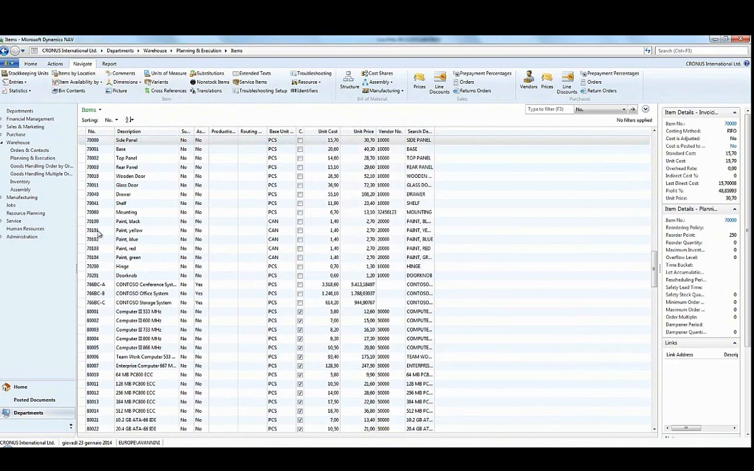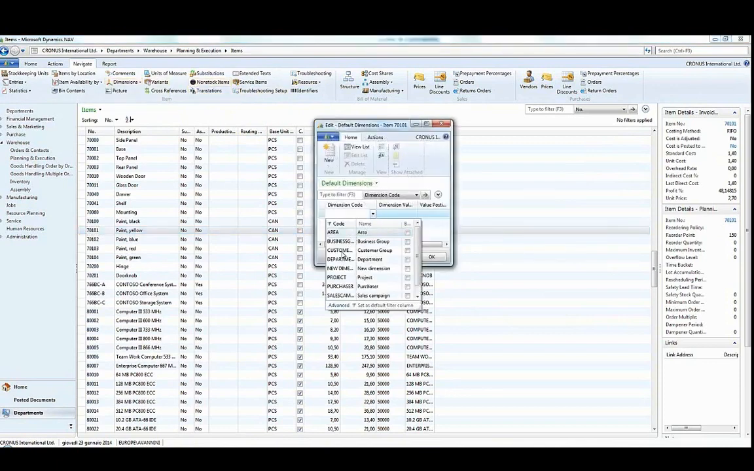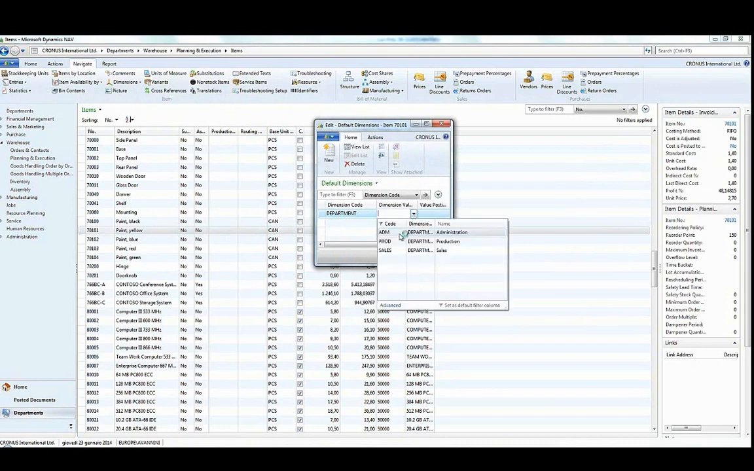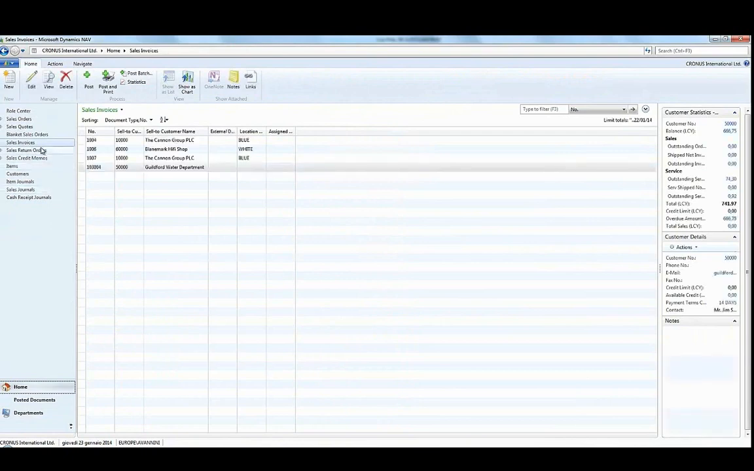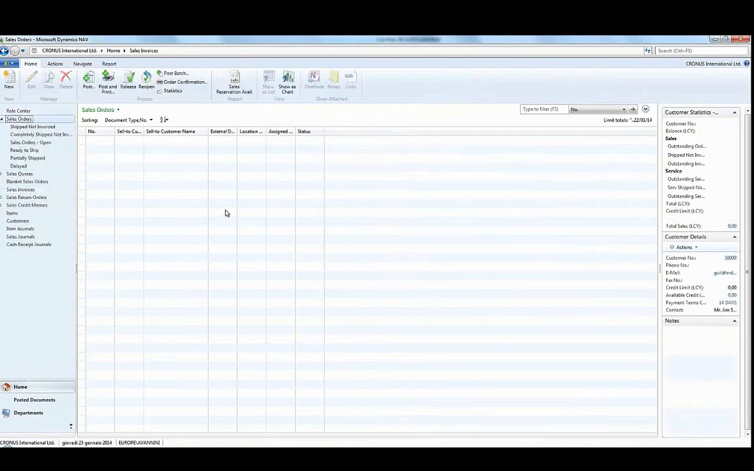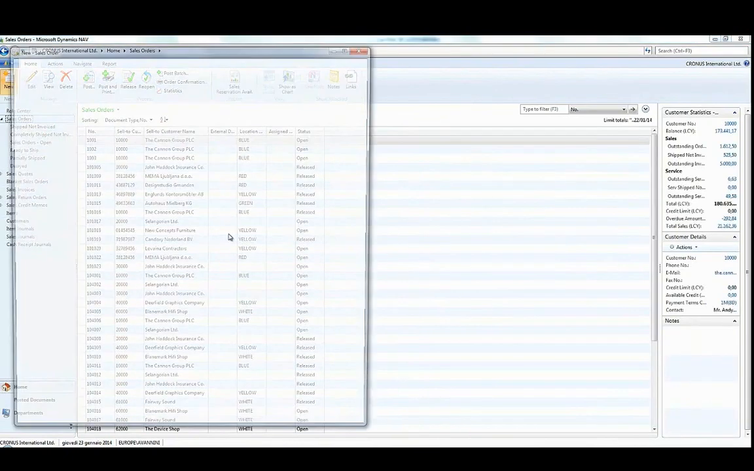Okay, we repeat the same for item 7101. Again, dimension single, department. In this case, we take production, and we select same code. And okay, so we have set up the two dimensions. Now we come back to our home and we select the sales order. We create a new one,